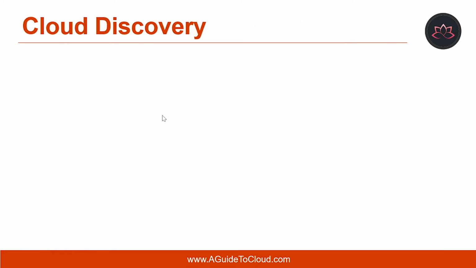So let's talk about cloud discovery for a minute. Cloud discovery analyzes your traffic logs against the Microsoft Cloud App Security Cloud App Catalog of over 16,000 cloud apps that are ranked and scored based on more than 70 risk factors to provide you with ongoing visibility into cloud use, shadow IT, and the risk shadow IT poses to your organization. There are two types of reports you can generate: snapshot reports and continuous reports.